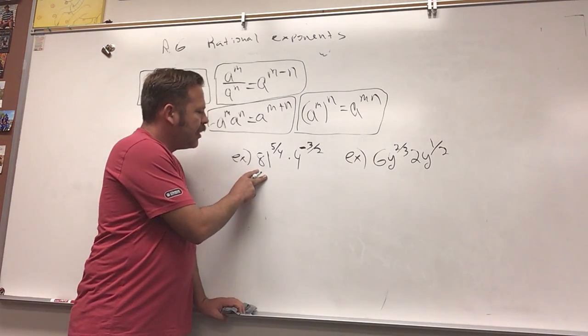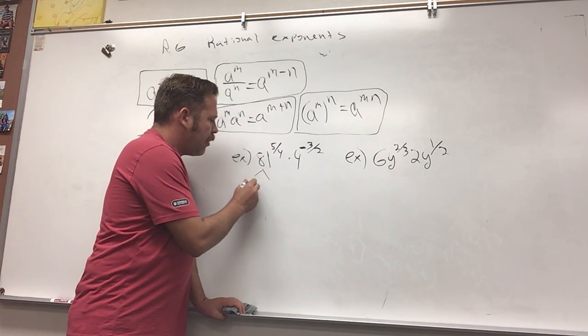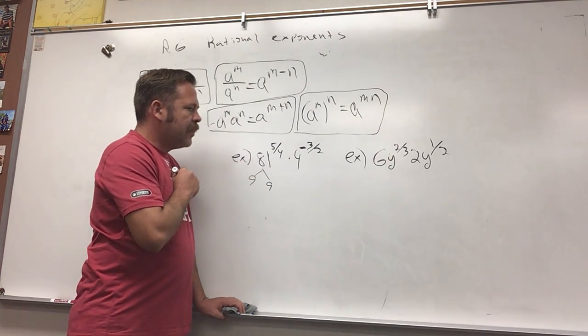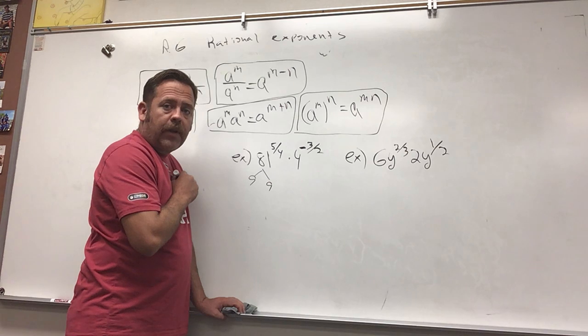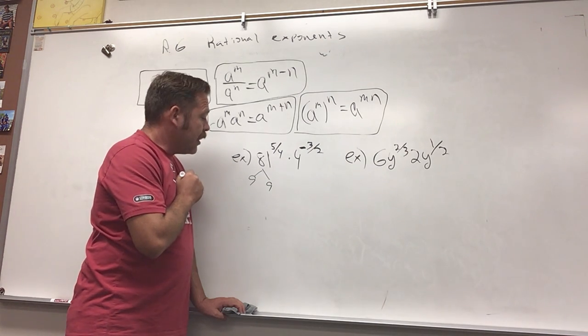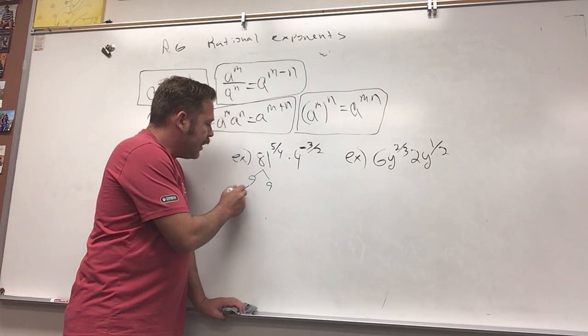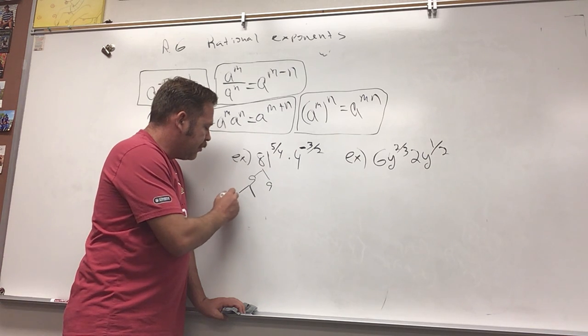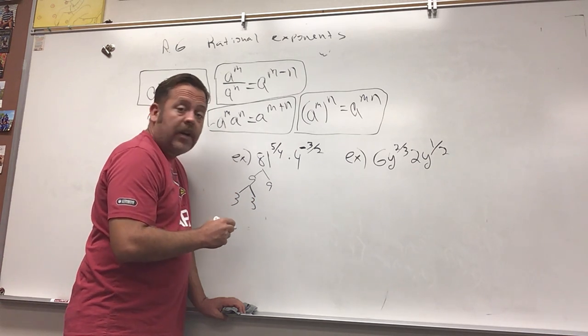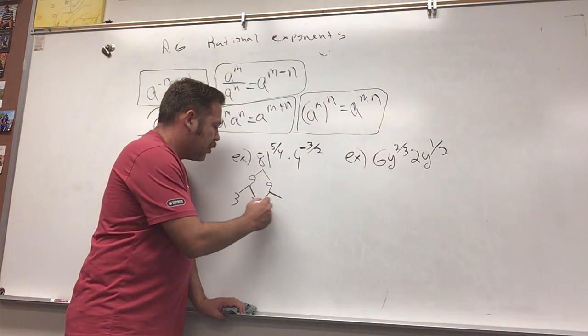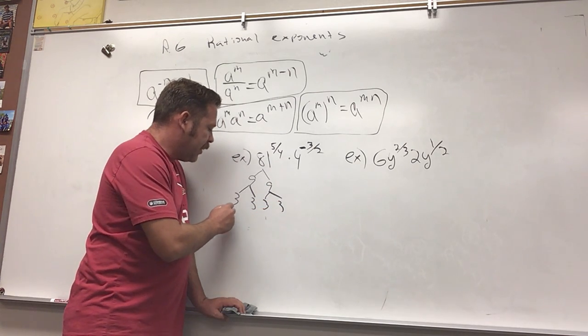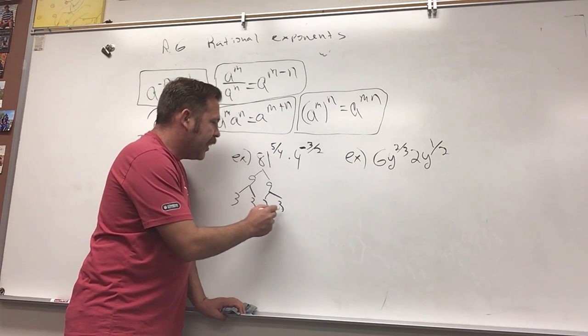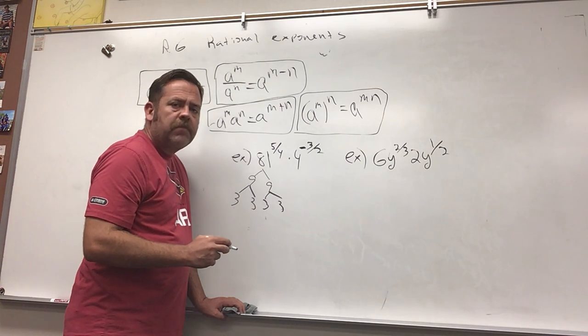If I was to factor 81 and call it 9 times 9, is 9 times 9 the same thing as 81? It certainly is. 9 times 9 is 81. And does 9 factor to 3 times 3? It does, it certainly does. So if I wanted to say 3 times 3 times 3 times 3 instead of 81, I could do that,